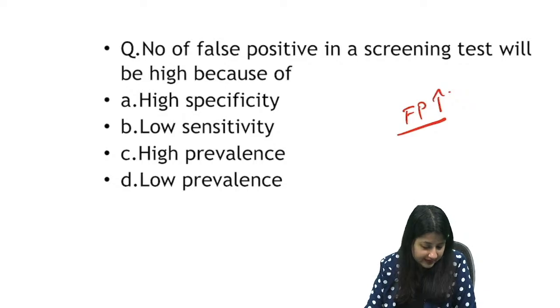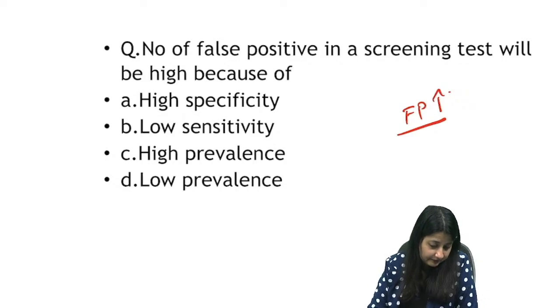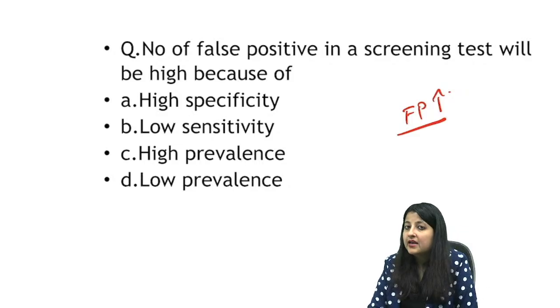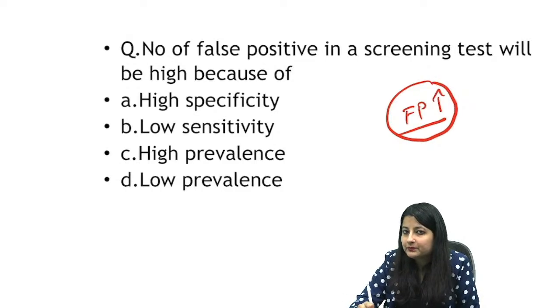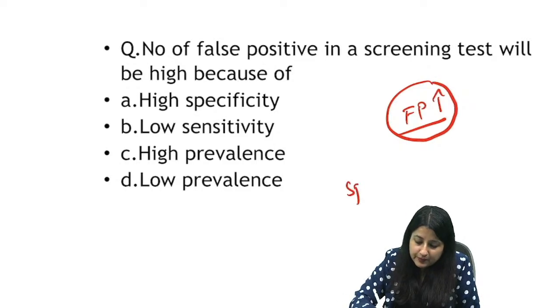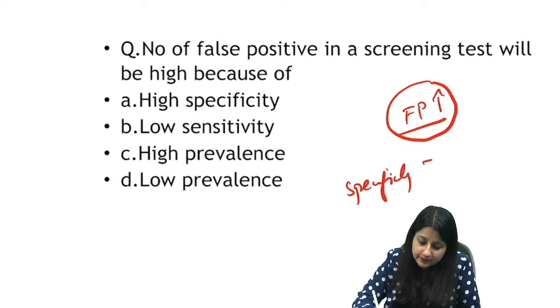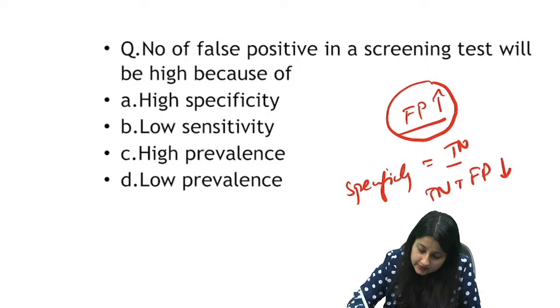What is your answer? Low sensitivity. Tawfiq is writing. Anybody else? High specificity. High prevalence. Varun लिख रहा है A. A क्या है? High specificity. Now see, when I say more the false positive, अब देखो स्पेसिफिसिटी का एक फॉर्मूला होता है. व्हाट इज इट? ट्रू नेगेटिव अपॉन ट्रू नेगेटिव प्लस फॉल्स पॉजिटिव. नाउ इफ फॉल्स पॉजिटिव आर high,